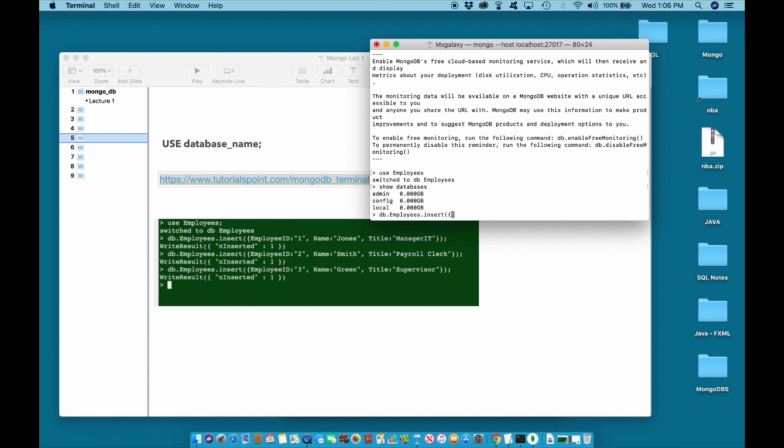The curly brackets are an indication that we are using JSON format. Type in the name of the field, employee ID, colon, 1, comma,